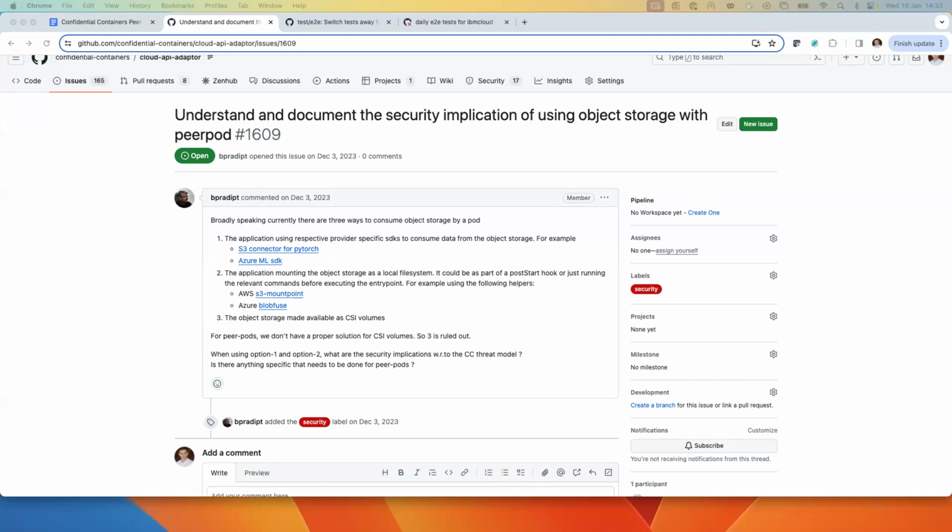If you just mount an S3 bucket into your pod and then perform the calculations on it, out of the box there are no confidentiality guarantees. It's like plugging in some random hard disk from your cloud vendor. There's no guarantee we can give here, and it almost certainly subverts confidentiality.